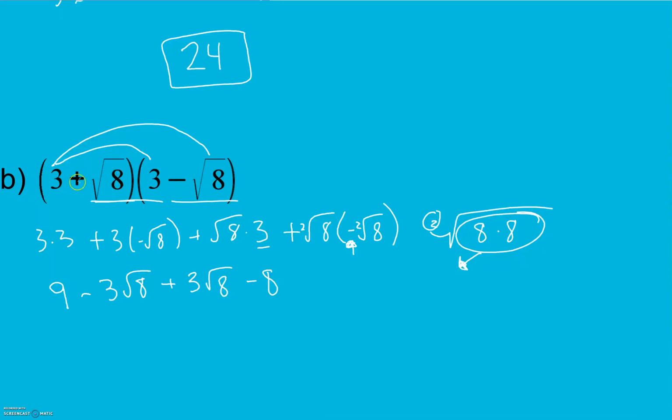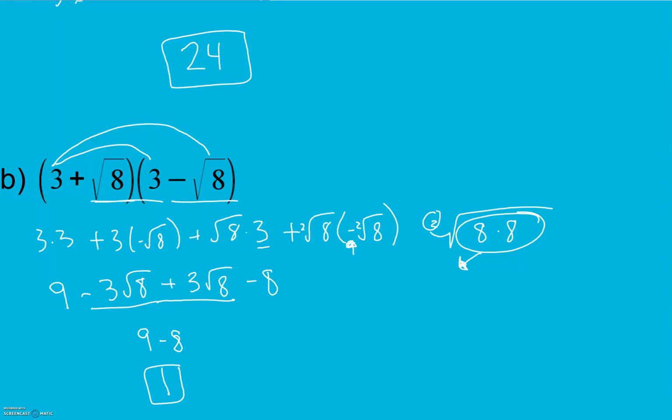Now, it looks like these are conjugates, which means that our insides and our outsides should cancel. Let's double check that. Negative 3 plus 3 is 0. Perfect. So all I have left is 9 minus 8, which is just 1. So we multiplied our conjugates and got a real number. And that's very helpful here